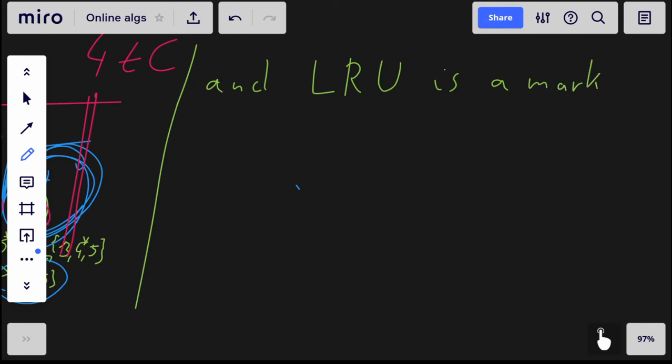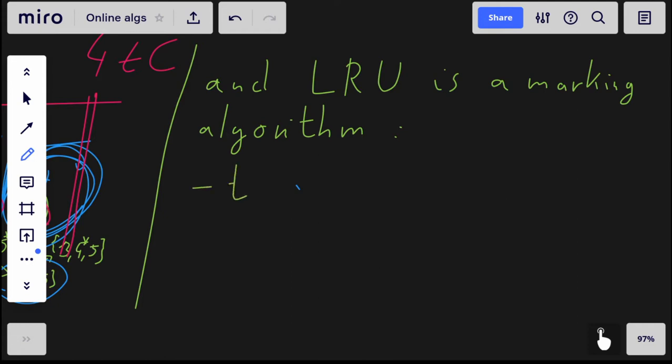It doesn't explicitly use the marks, but it is a marking algorithm because, well,